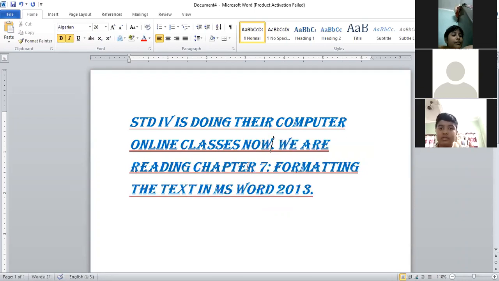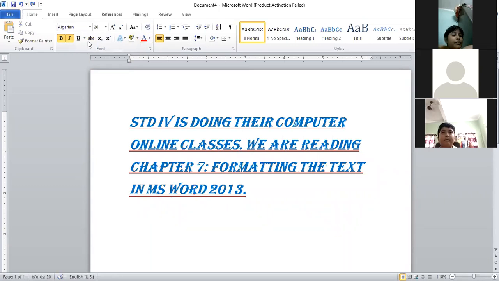Okay, so this word now I don't want it to be here. By mistake I have written it, so I want to strike it. So I'll just select the word. मैं इस word को select करूंगी. I'll go to the strike through option and I'll click it. Then I can see a line has passed through the middle of this word. This is known as the strike through option. Okay. So this is the work of the font dialog box. Okay. Let's go to the next part.